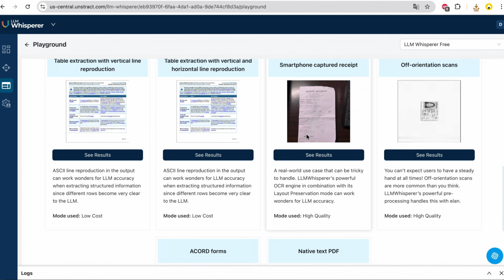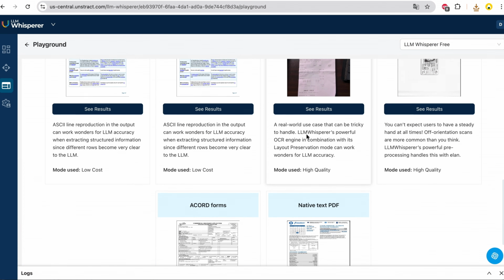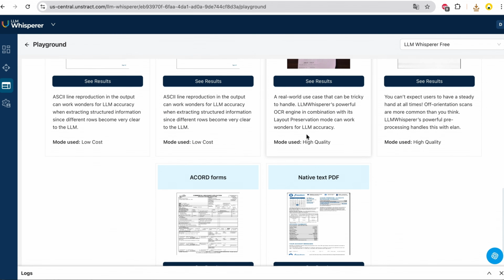You can test messy documents directly in the browser, then check whether the extracted output is clean enough for your